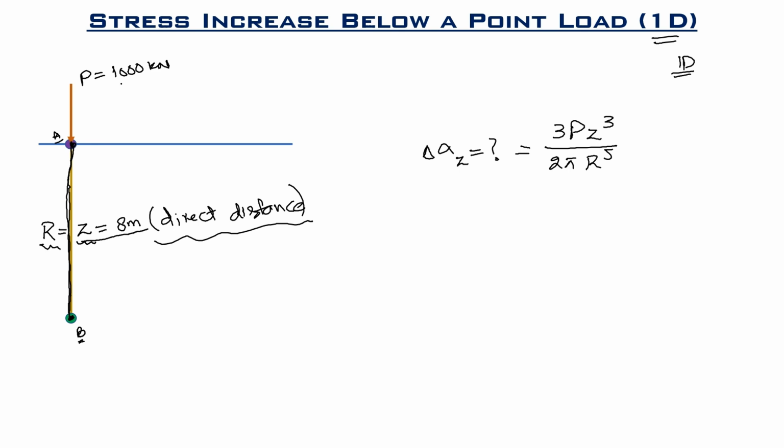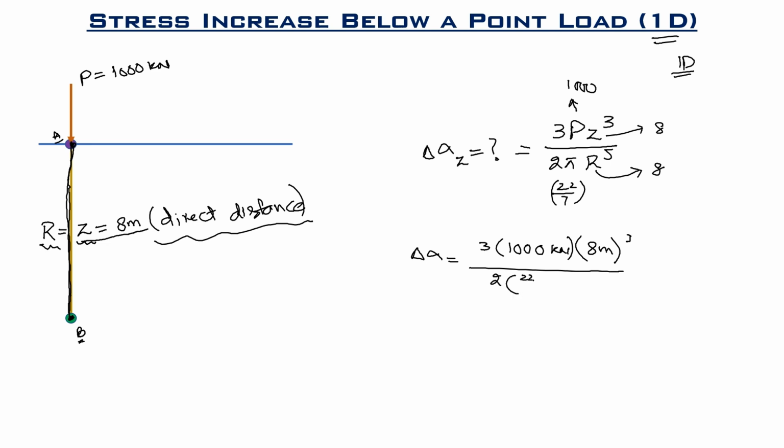P is 1000 kilonewton, so we'll put P as 1000 kilonewton. Z is 8. What is R? This is also 8 in this case, and pi is 22 by 7. So when we put these values in the formula, we'll get the desired result: 1000 kilonewton into Z, 8 meters raised to power 3, divided by 2, 22 by 7 into 8 meters raised to power 5. So when we calculate these numeric values, we get an answer of 7.46